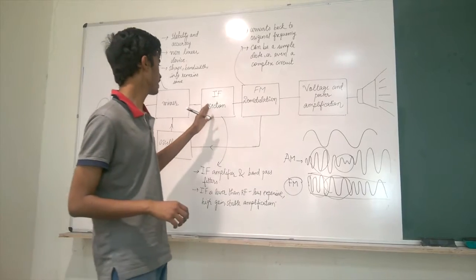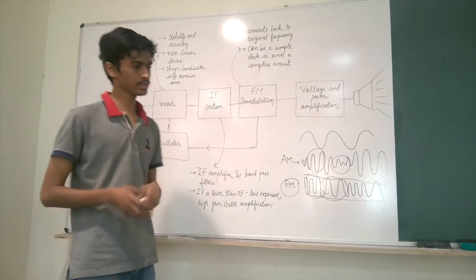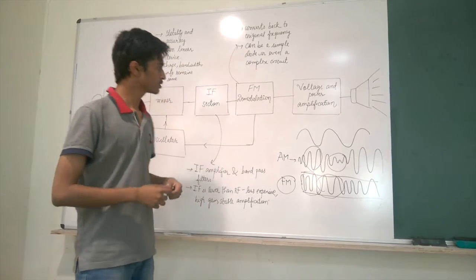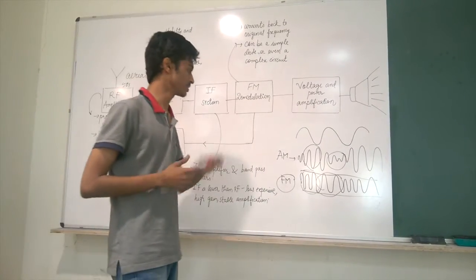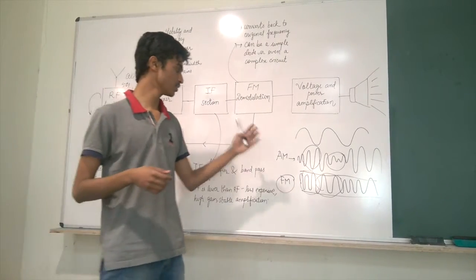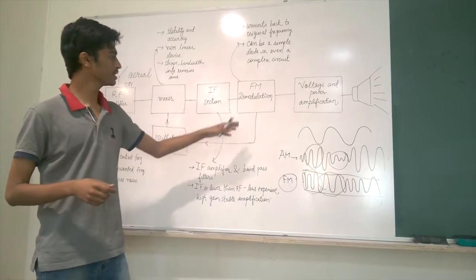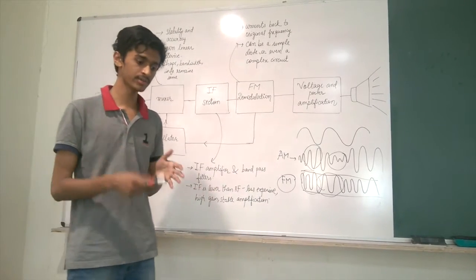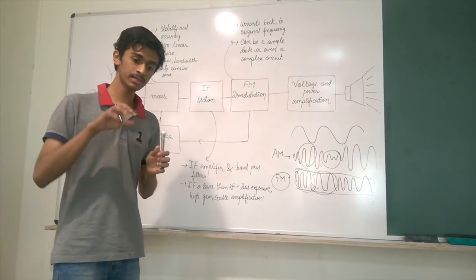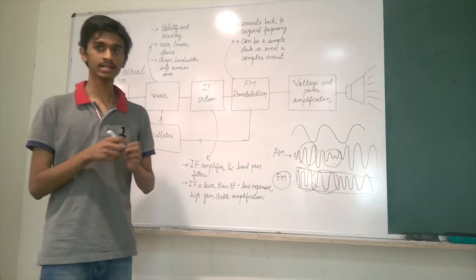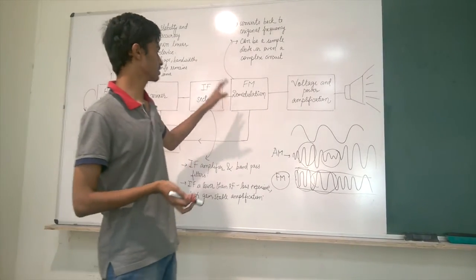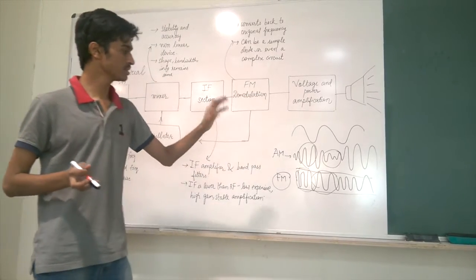The signal is transferred from the IF section to the demodulation section. What the demodulation section does is it converts the frequency modulated wave back into the original one, so that we can convey it further. From this we can see that higher amplitude means higher frequency and lower amplitude means lower frequency. So what demodulation does is it converts the frequency modulated wave into a frequency and amplitude modulated wave, so that we can remove the part which is inside the envelope and pass the envelope ahead to get the original signal back. So the basic principle on which demodulation works is this.